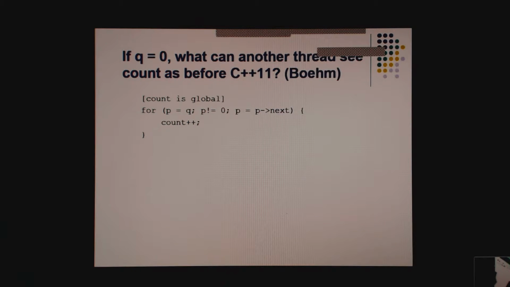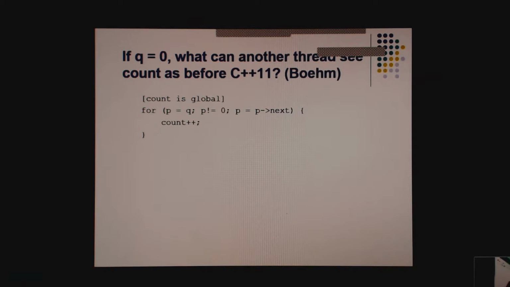Okay, here's another interesting example. Until C++11, here I have count as a global variable, and I run through a loop and count the number of elements in the linked list, beginning with Q. If Q is null, the count should be 0.